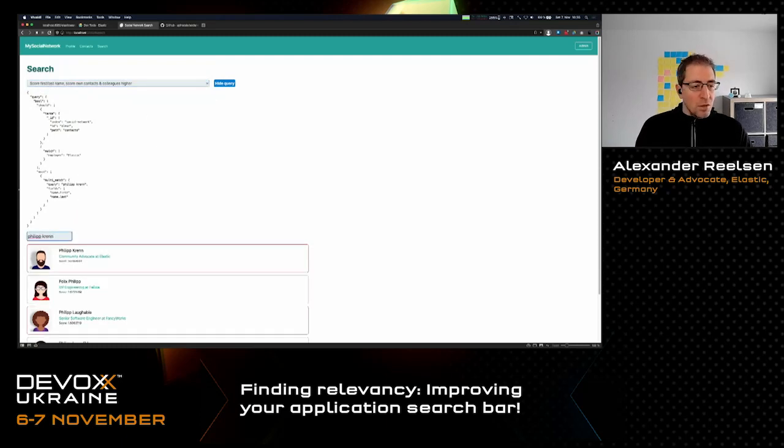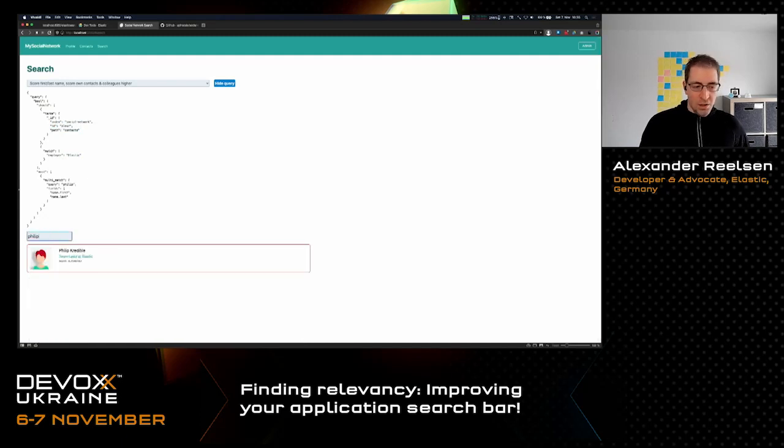So we could go further here and score with the first name and last name, and score the own contacts and the colleagues higher. What basically happens here is that we do have a should clause, as well as a must clause. Must is something that has to match. Should is something that increases the score or the relevancy. You can have several criteria. So in this example, if someone works at the same employer as me, and is part of my social network, this person is scored higher. So we can just search for Philip again.